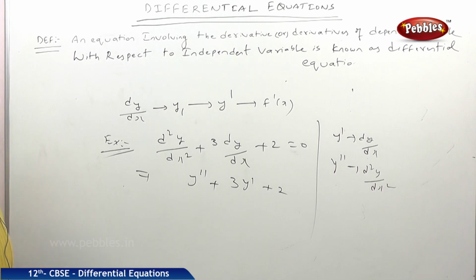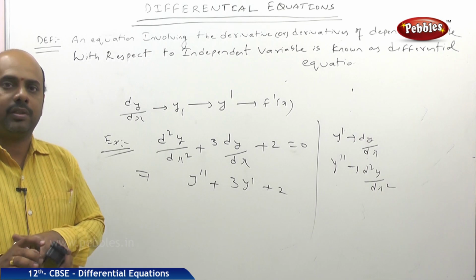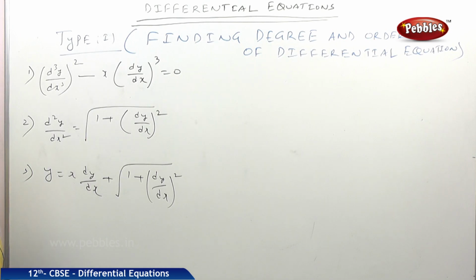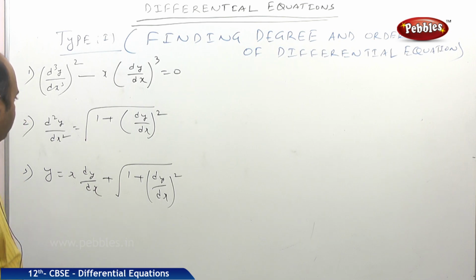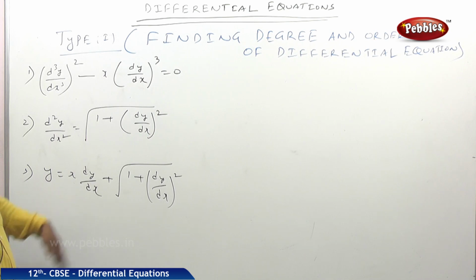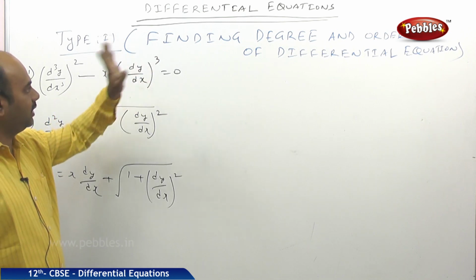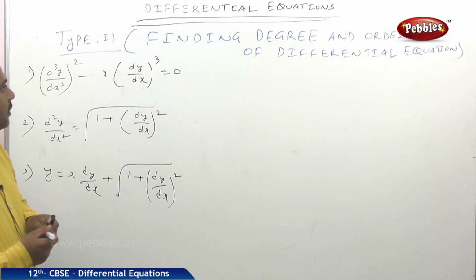Now we shall start the problems in differential equations. Here also various methods will be involved. We will be doing it category wise. Now we are going to see category 1 problems: finding the degree and order of a differential equation. Sometimes there will be a twist in solving this kind of problems. Even though they ask very short answer questions, we need to observe carefully. The first problem: d cube y by dx cube whole square minus x into dy by dx whole cube.